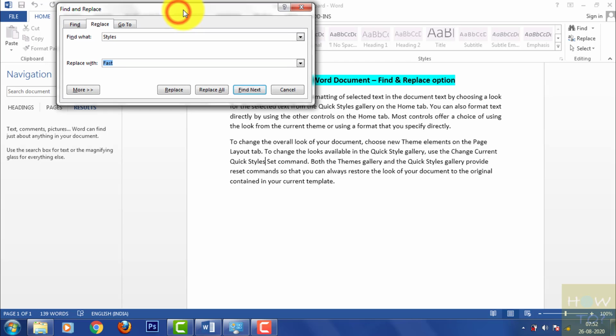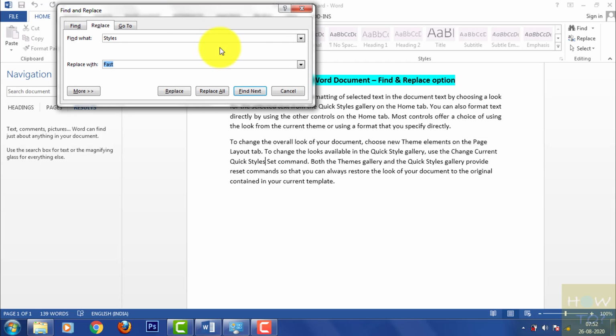Now when the Replace option is selected, the Find and Replace floating dialog box comes up. Over here you have to specify the text with which you want to replace it. So let's type themes. Now you have Replace, Replace All and Find Next options.